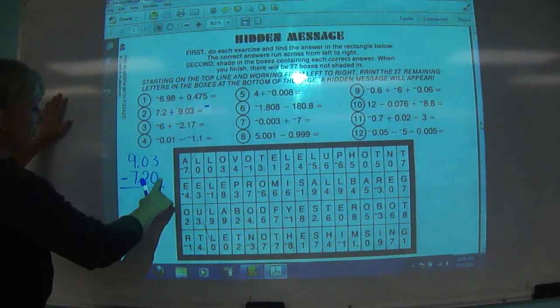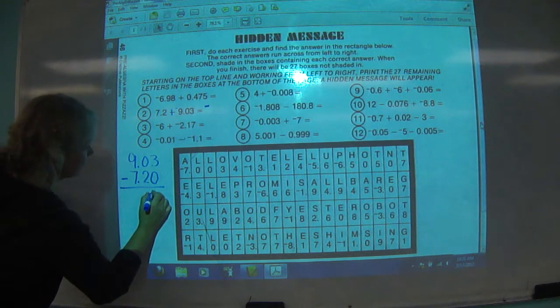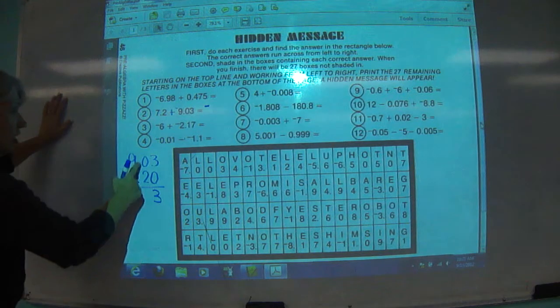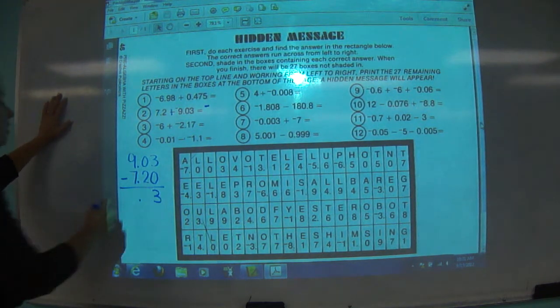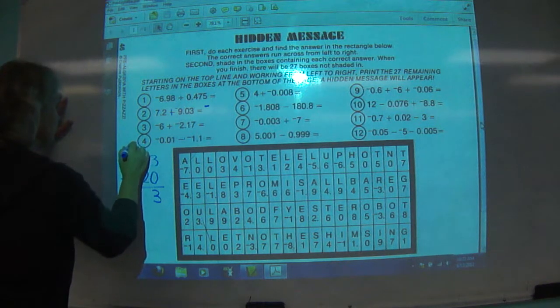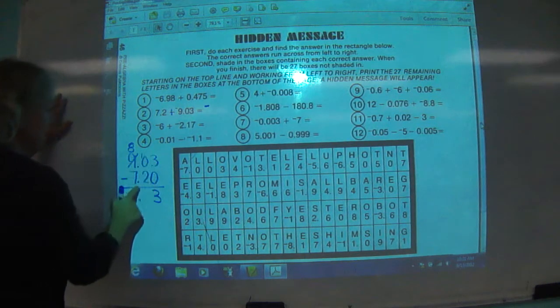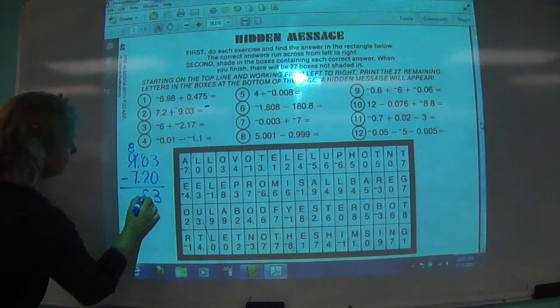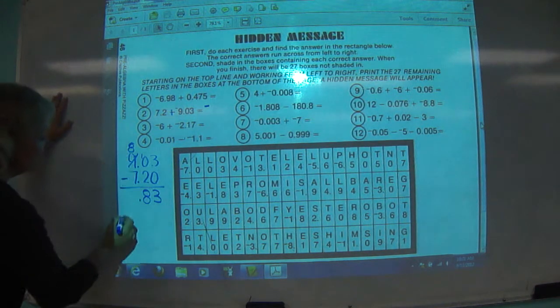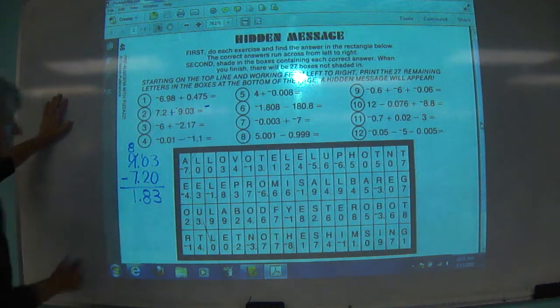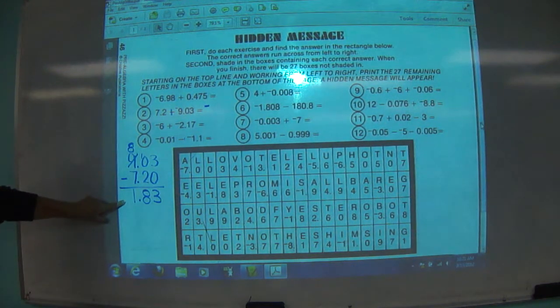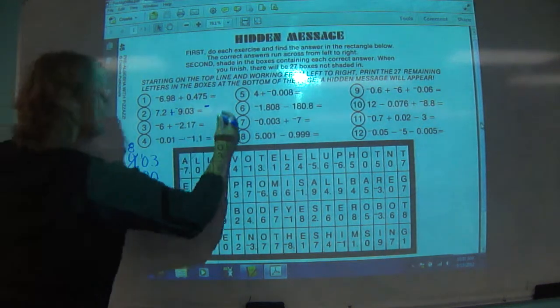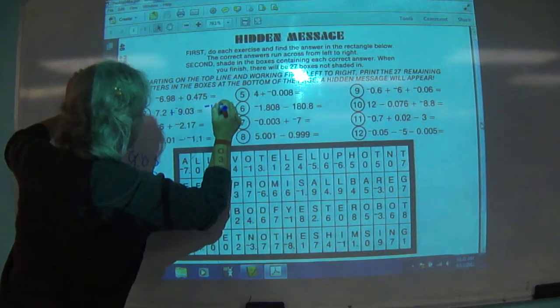So 3 with nothing from it is 3, and look, we have a 0 on top, so we need to borrow from 9. So we're going to turn that 9 into an 8 and that 0 into a 10. 10 minus 2 is 8. 8 minus 7 is 1. Remember, we've already determined the sign is a negative. So this becomes 1